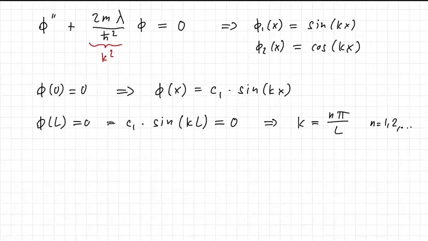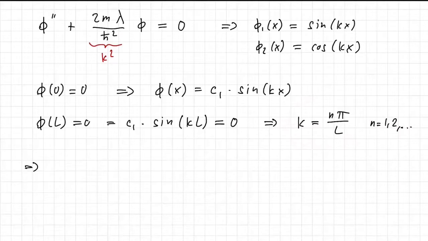I cannot choose n equals 0 because that would again give me just a trivial solution 0. So whenever the argument of the sine is a multiple of pi, I get a 0. But you see that actually gives us a condition on k, that it can only take discrete values. And that immediately translates now to the values that lambda can take,